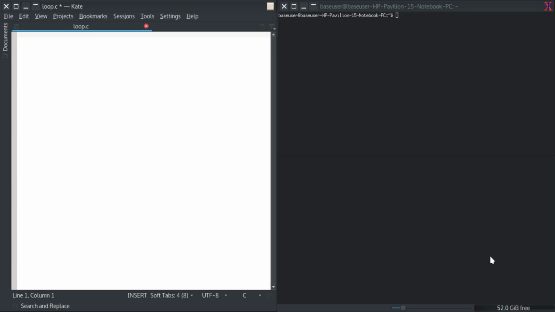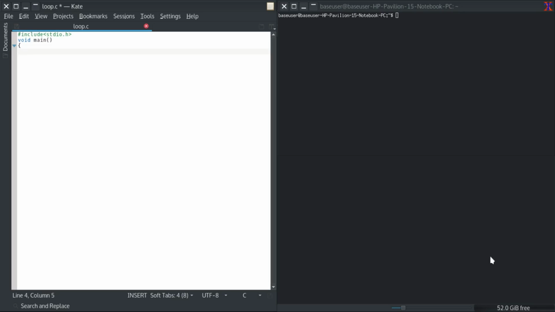So here's the thing. First we include the standard input-output library, and then I'm gonna start my main function. Say, for example, I want my program to print to the user 10 times hi.